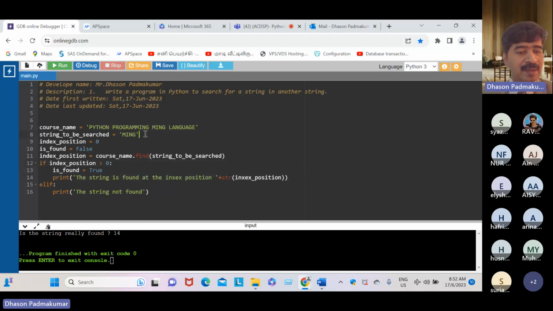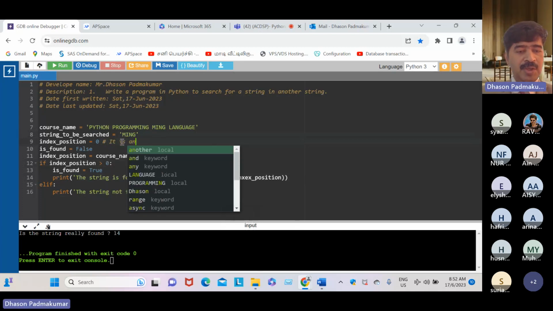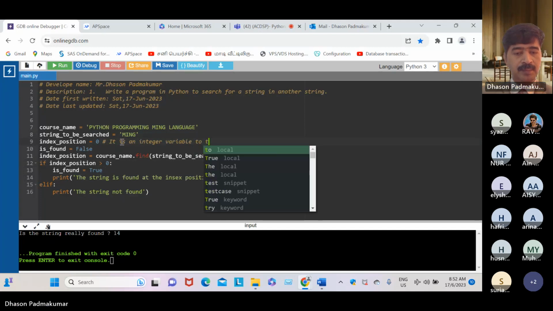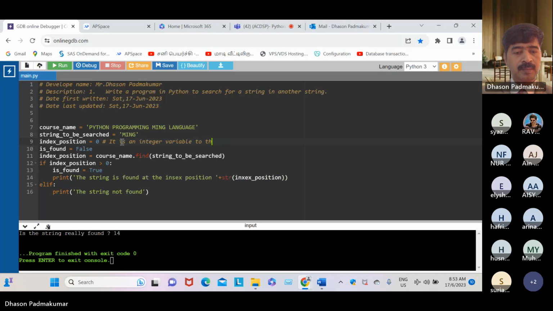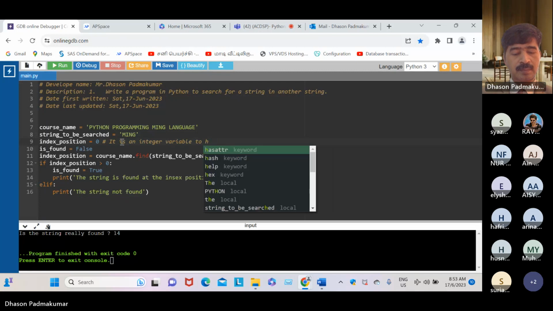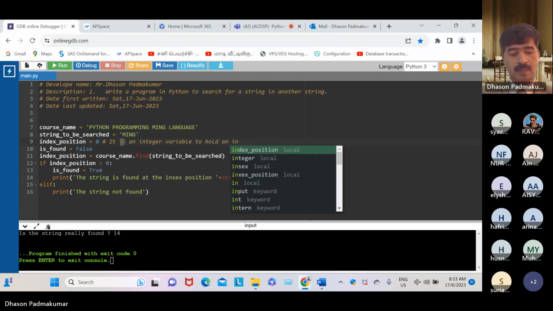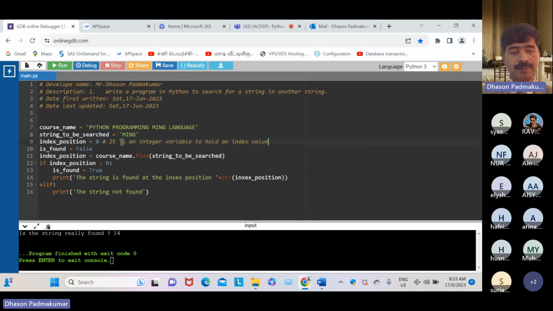So you can also write, if you wish, dear student, this is an integer variable to hold the index value.